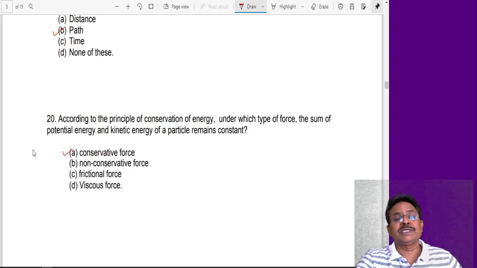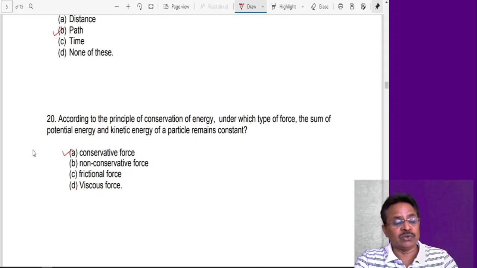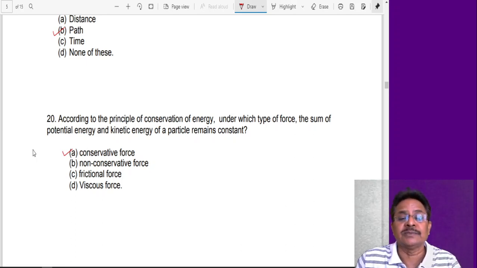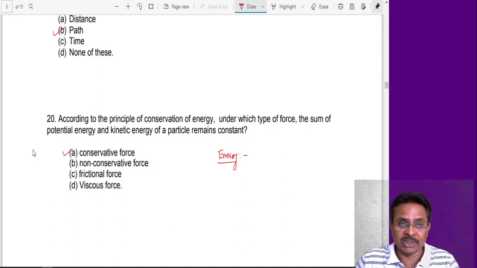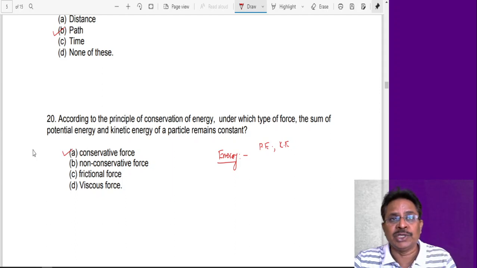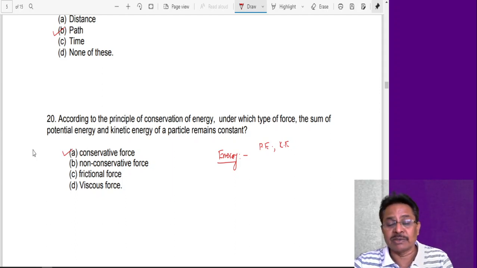Now from this chapter I'll go on discussing the important points where we should concentrate. Here we should go for the definition of energy. What do you mean by energy? These are the important points. Energy is nothing but the capacity to do some work. Types of energy are potential and kinetic. Both of these types we know, and expressions for them are also known. The expression for potential energy is mgh, provided we are working in the gravitational field.